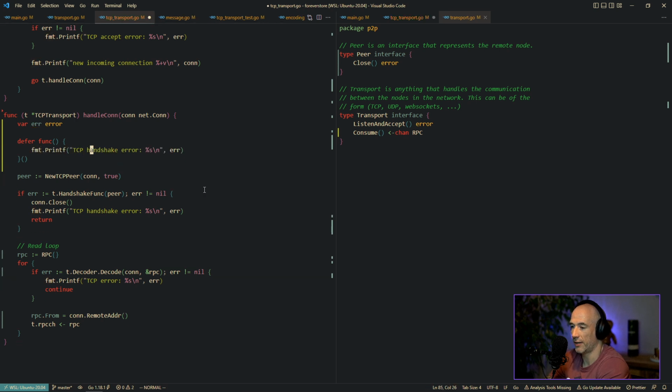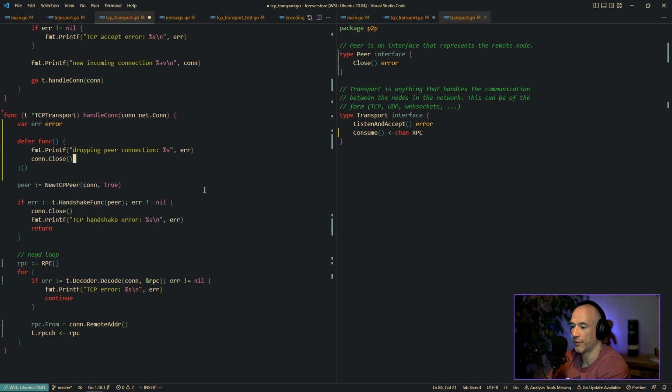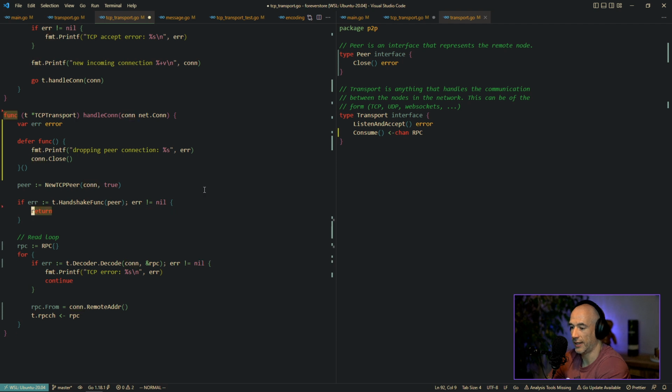And then we could say something like dropping peer connection. Read loop. Yeah. Dropping peer connection, and then we could say an error, which is going to be the error here on top. Then we're going to say con close. So we could not do anything here, we could just return here. This can be good.